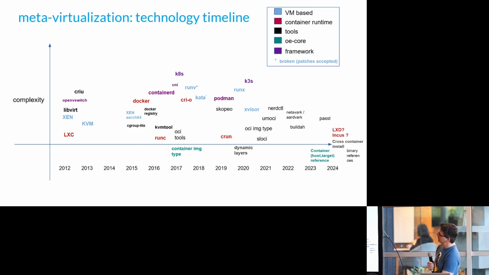There's the timeline that I always do. You can see it goes all the way back to 2012, and I added a few things off the end here that I've added recently. The container host references. If you see a container runtime that's not a really, really niche one, that's not in meta-virtualization, let me know. We had somebody ask about LXD, but of course it's not really a thing anymore. So maybe it's Incus, I don't know.